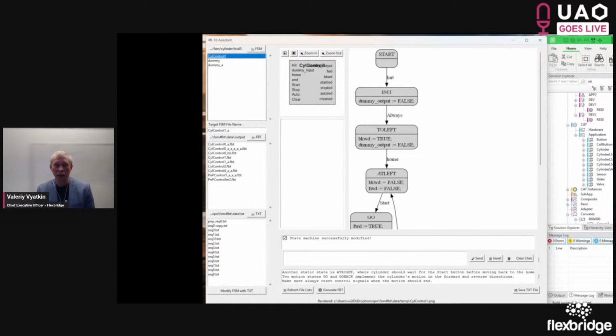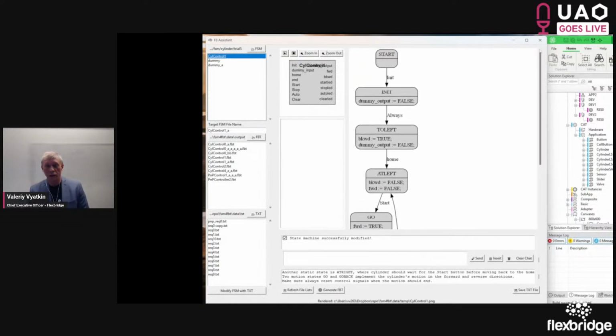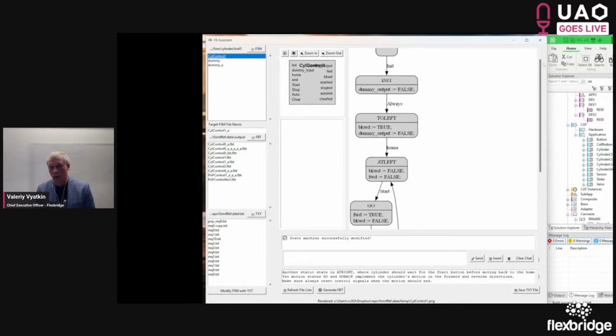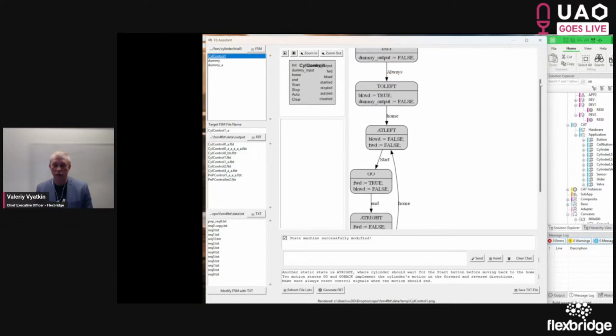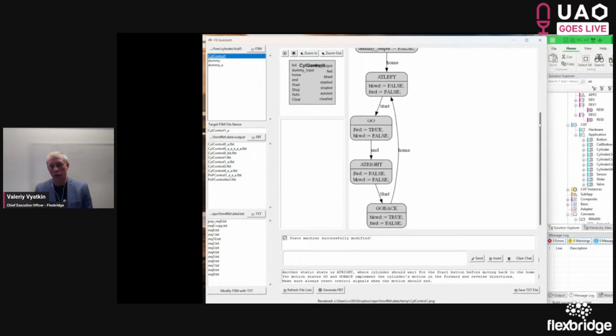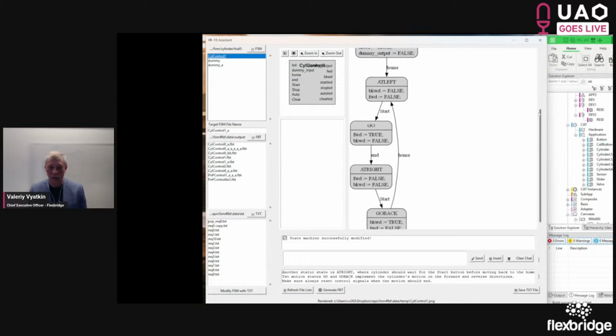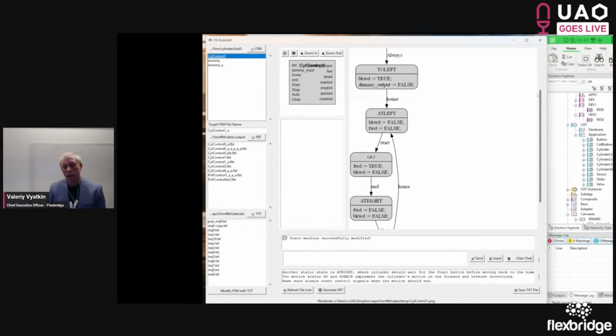Now the AI has created a new state machine based on this requirement. And now this state machine already looks interesting. It describes the behavior of the cylinder according to the requirement. So first it retracts to the left position, and then engages in the cycle, reacting on the start button. So that looks like quite nice reasoning by the AI.